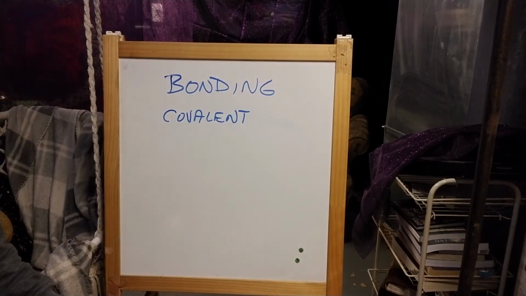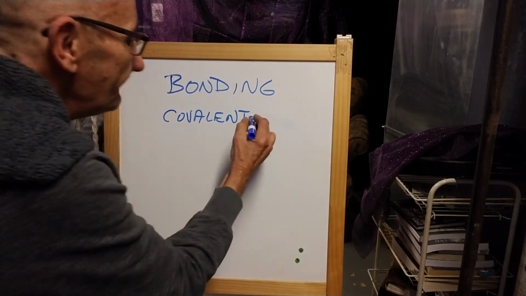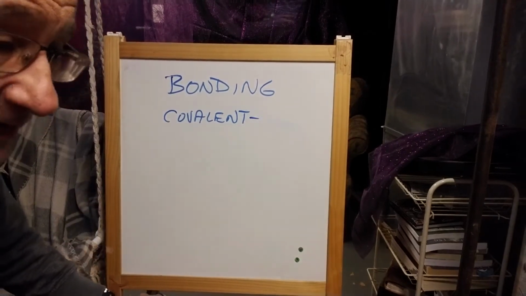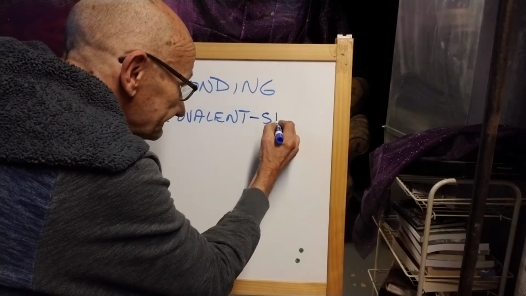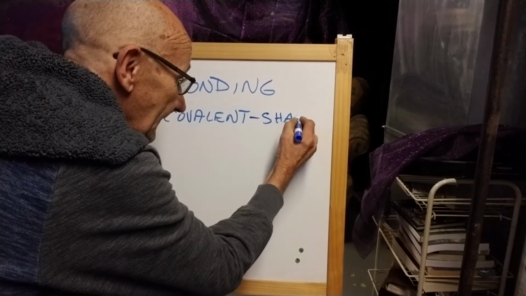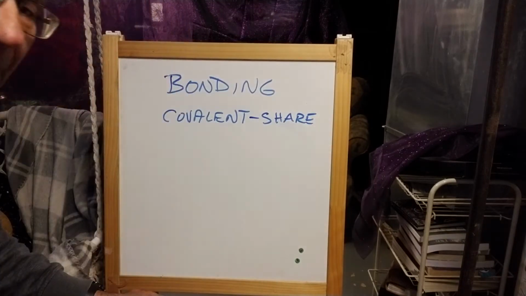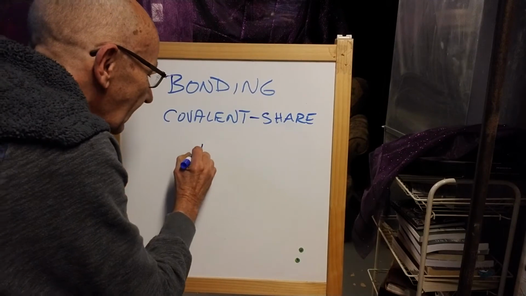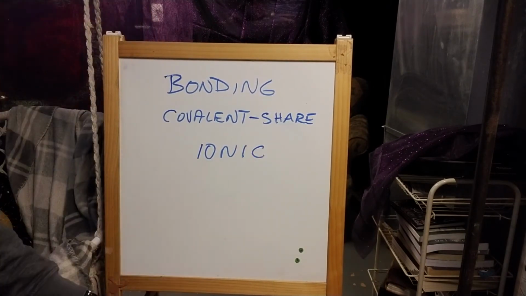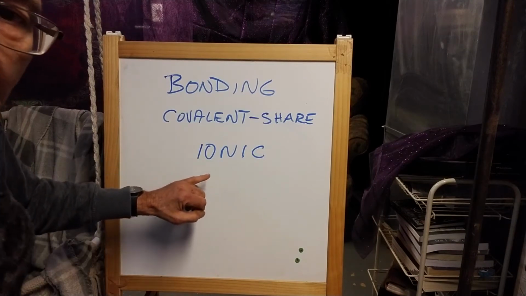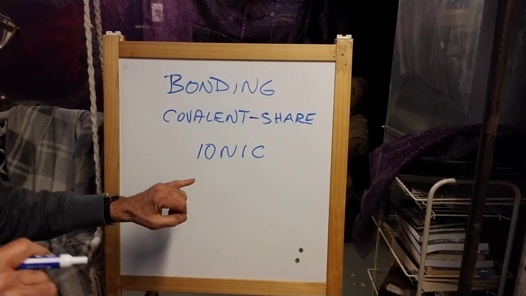Covalent bonding. And what that means is that the 2 elements, or the 2 atoms, are sharing electrons. And then there is ionic bonds, which are much more electrically